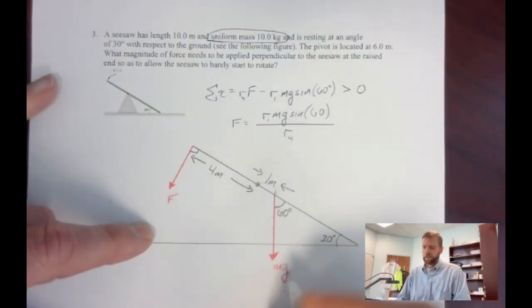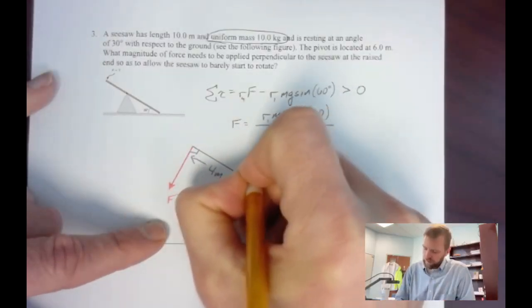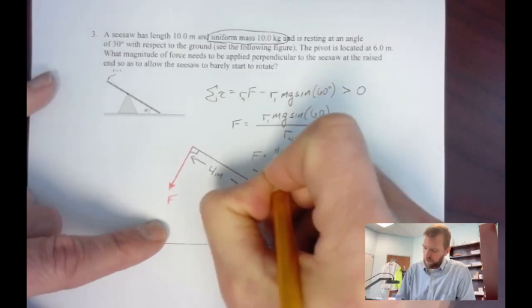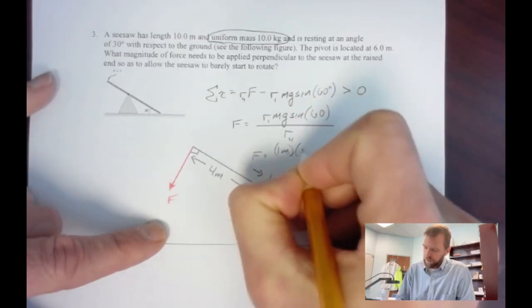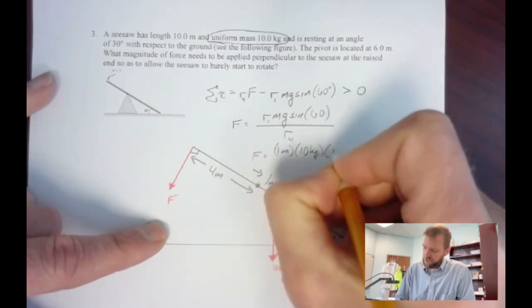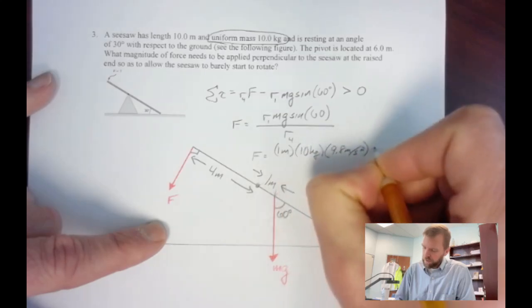And then we can substitute in everything that we're given. R1 is 1 meter, the mass is 10 kilograms, g is 9.8 meters per second squared,